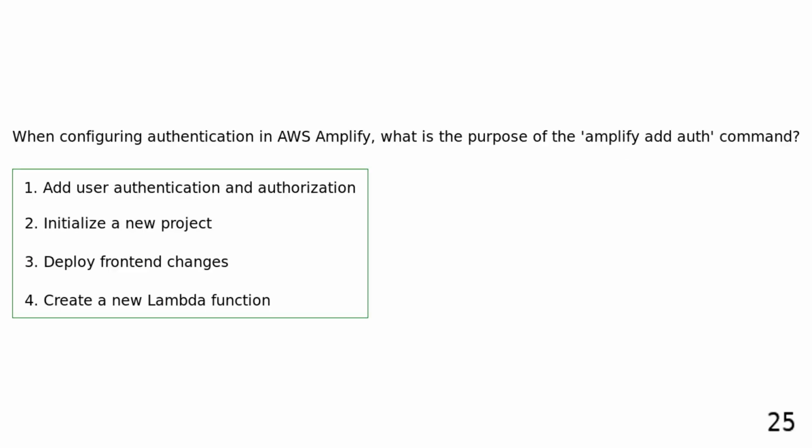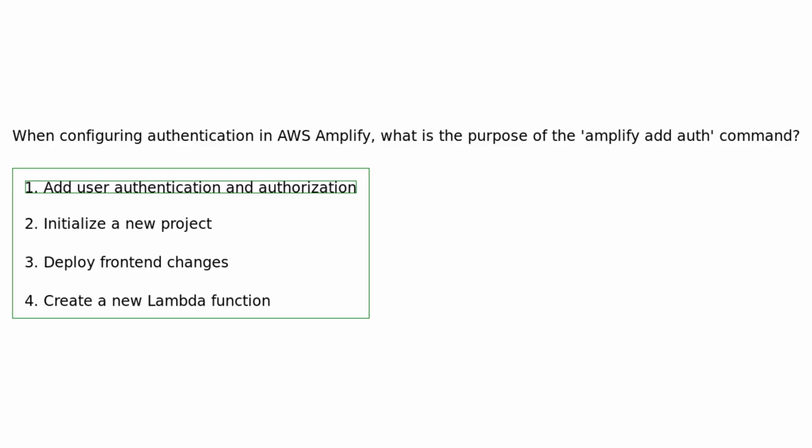repository. When configuring authentication in AWS Amplify, what is the purpose of the Amplify add-auth command? Add user authentication and authorization. Initialize a new project. Deploy front-end changes. Create a new Lambda function. Amplify add-auth sets up user authentication and authorization services in an AWS Amplify project, configuring sign-up, sign-in, and access control